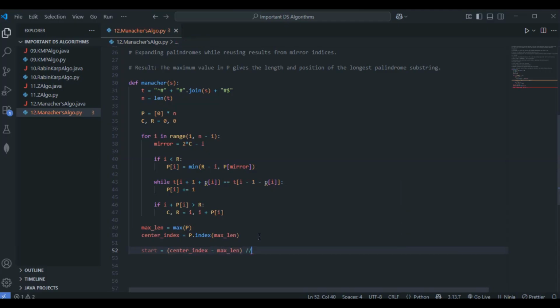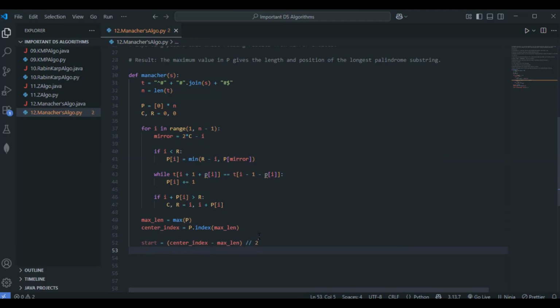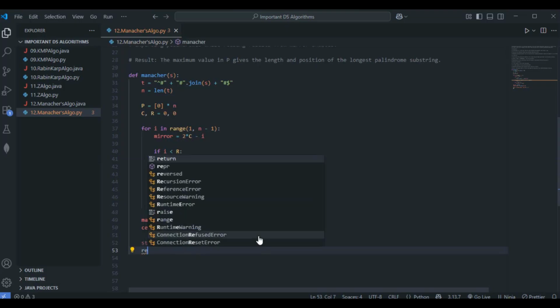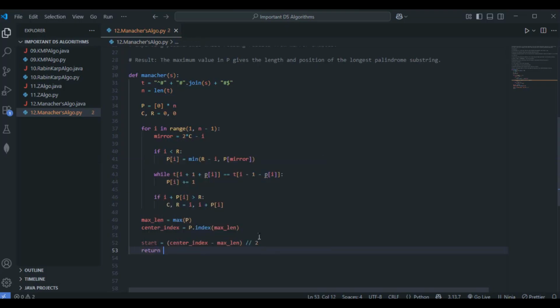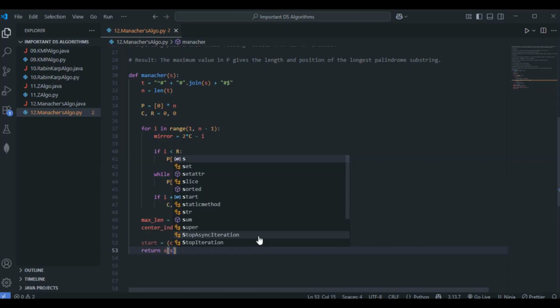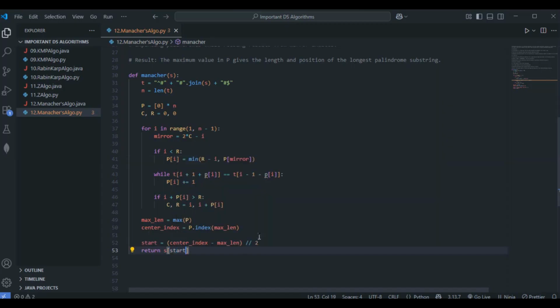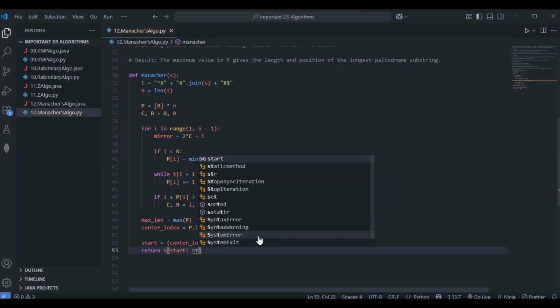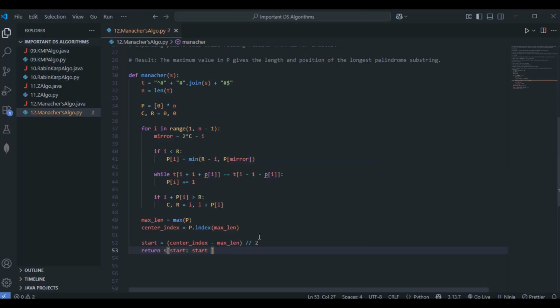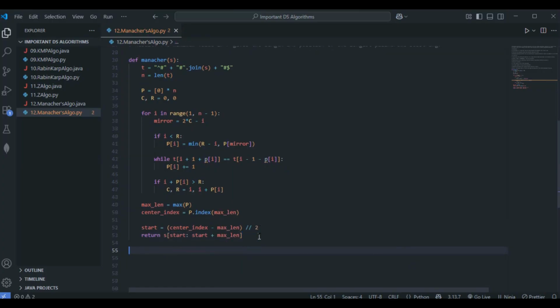So this one by 2. This is fine. Now again, we have to return s of start, from start to start plus max length, right? We are concatenating the max length. This is fine. We are done with the